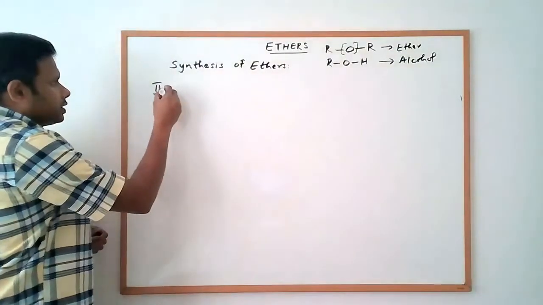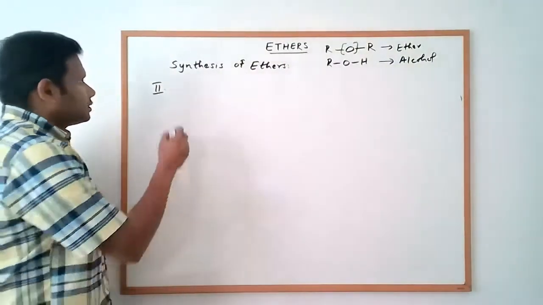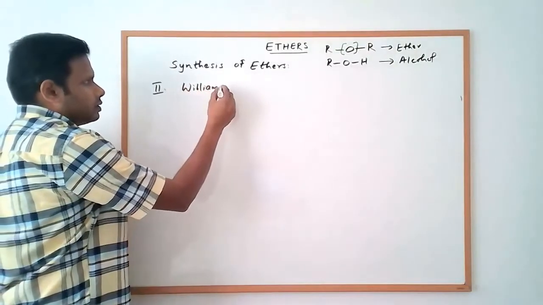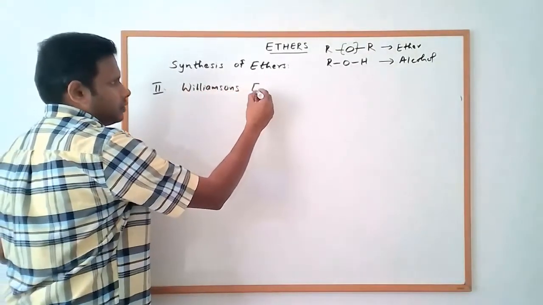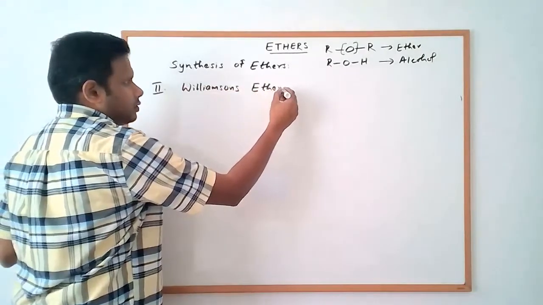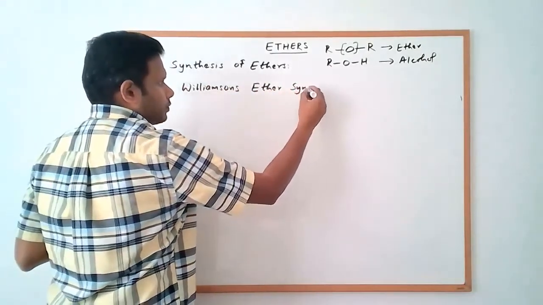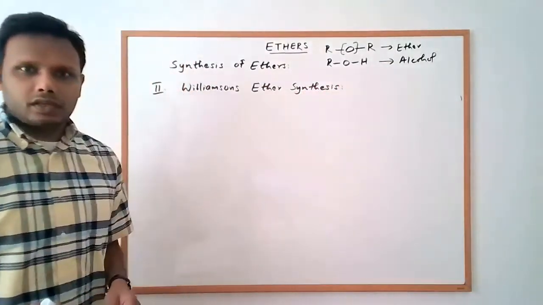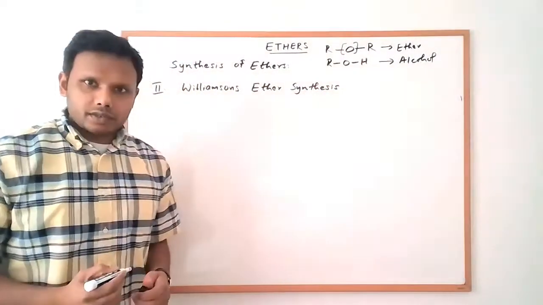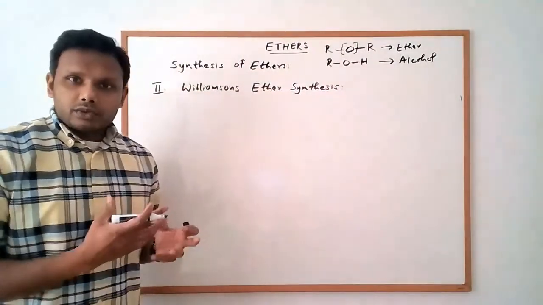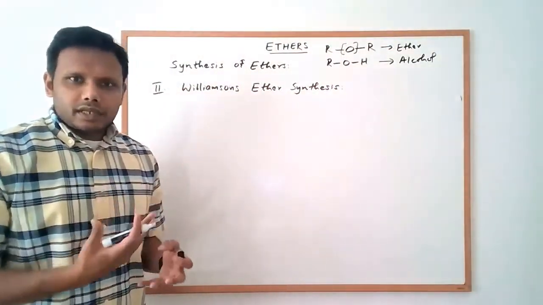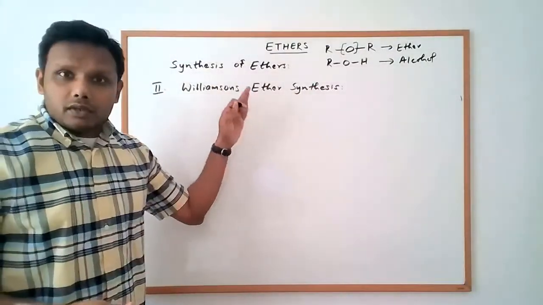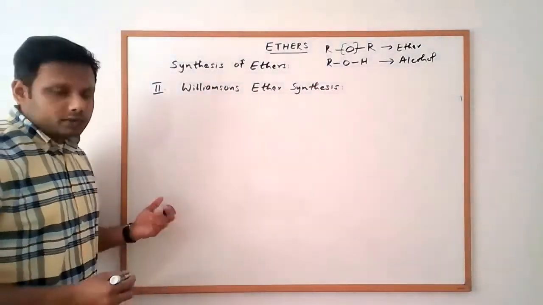Okay, so the second method for synthesizing ethers is called the Williamson ether synthesis. Okay, it's called the Williamson ether synthesis. This would allow us to use a little bit of retrosynthetic analysis again when we are done with it. But what the Williamson ether synthesis involves is